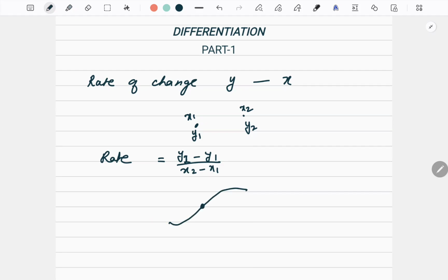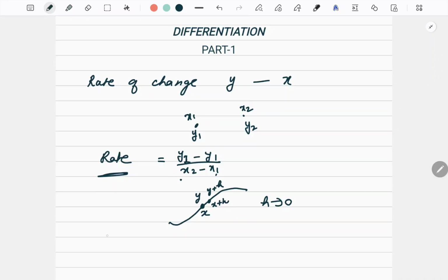Suppose I'm talking about this point. If I'm talking about the instantaneous rate of change, my problem is that I can define a rate of change only if I have two points. So what we do is, if this point is x and the value of y is y at this point, we consider one more point very close to it, at x plus h, where y is y plus h. We consider this point in such a way that h is almost 0. These points are almost overlapping, but I can now say I have two points. At that time the rate of change is known as differentiation.